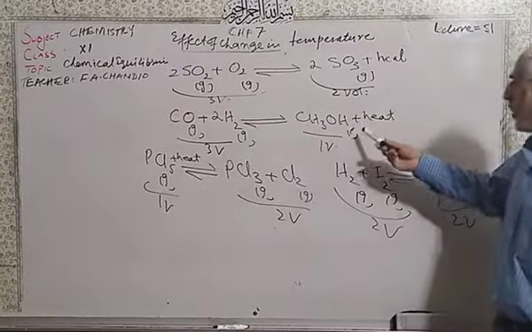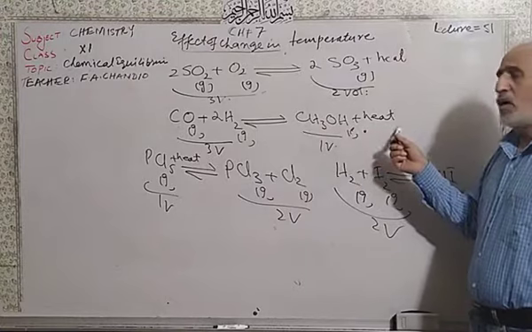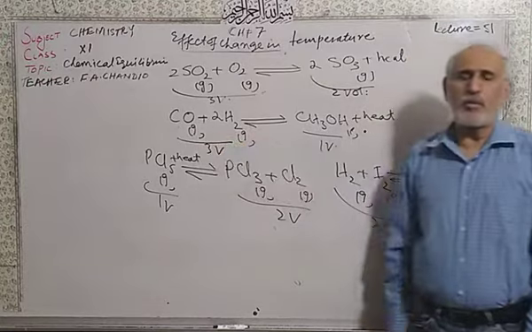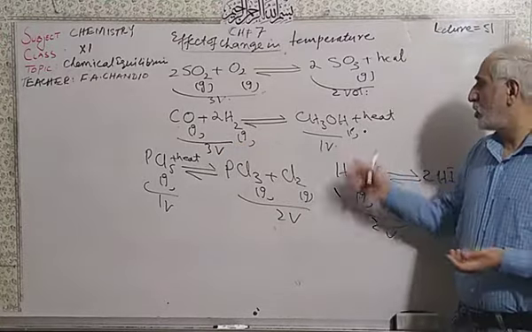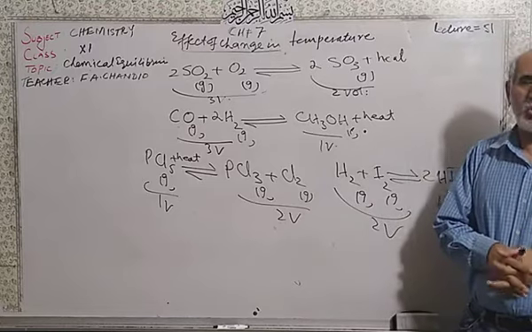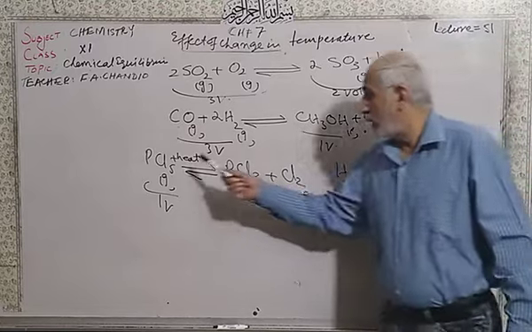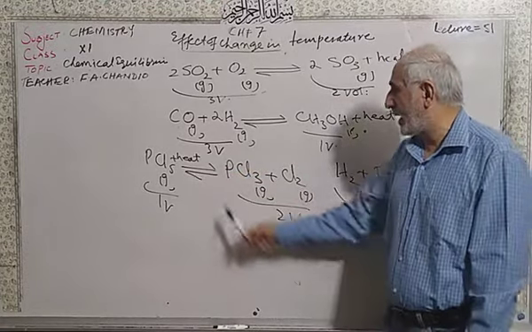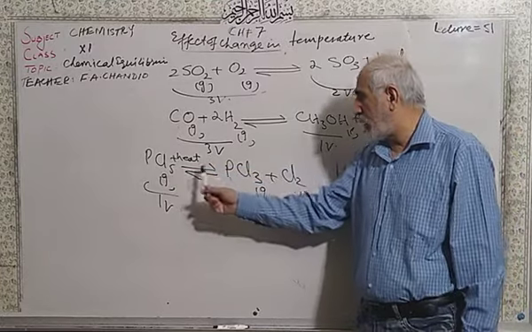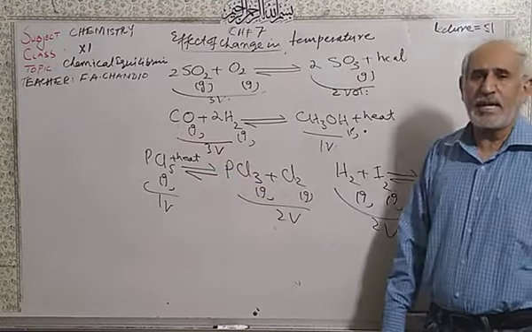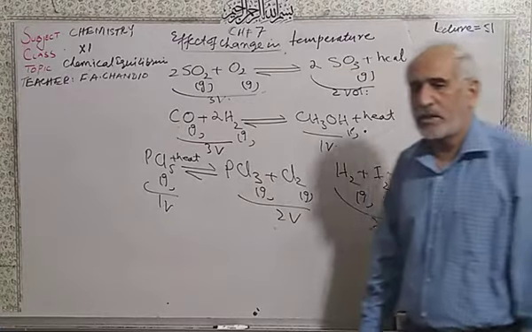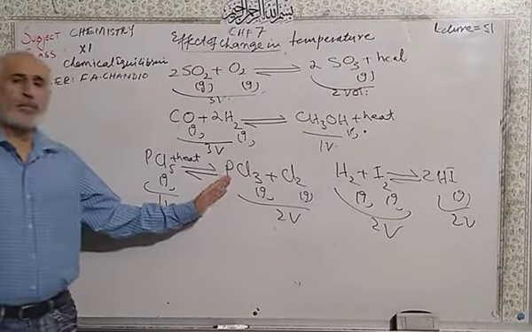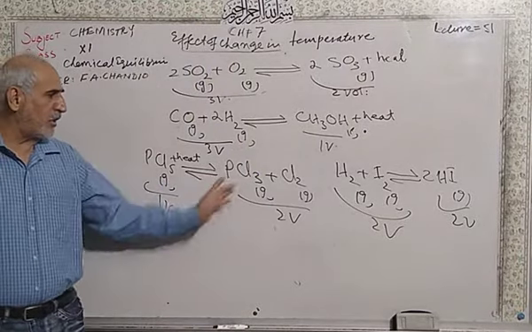Same case here, if you increase the temperature, again the forward step is exothermic with fewer moles. So it will go towards more moles if you are increasing the temperature. So methyl alcohol will decompose into carbon monoxide gas and hydrogen gas. But here, this system is favorable for the forward reaction when increasing the temperature, because 1 mole of phosphorus pentachloride changes into phosphorus trichloride and chlorine gas. The system will move toward the forward direction if you increase the temperature, because the forward step is endothermic, 1 mole and 3 moles.